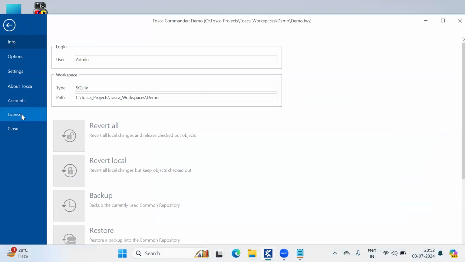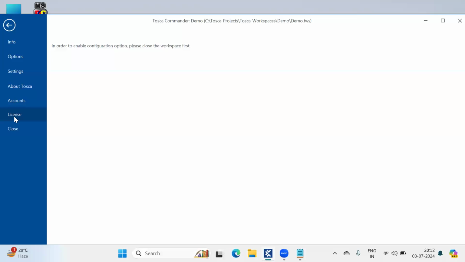In project only, once you get the approval for the license from Tricentis Hub, then you need to go and click on this license. Let me close this workspace first. Let me show you how to activate your license also.